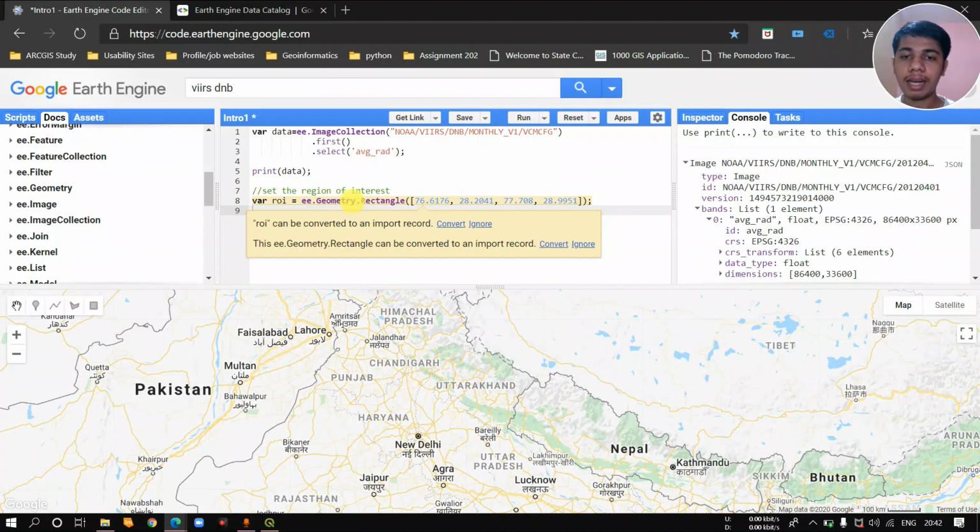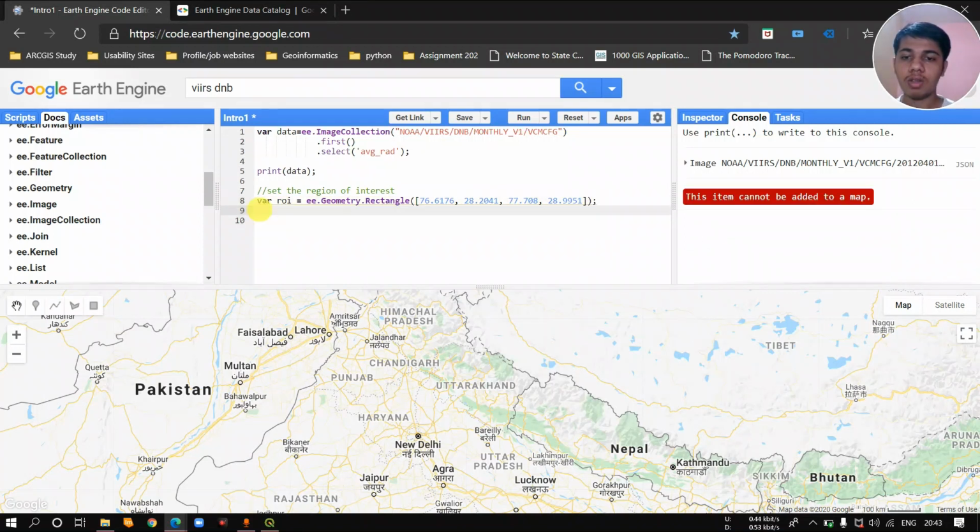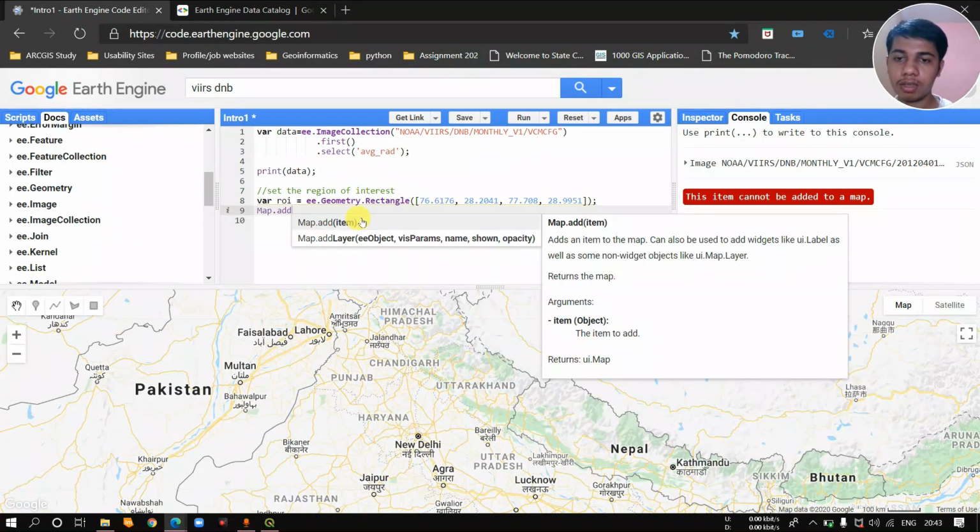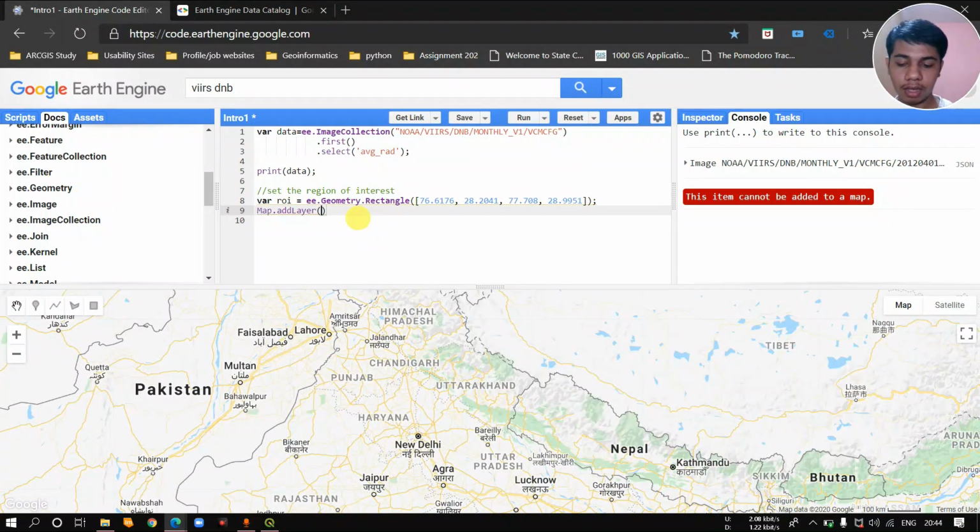So you can write this region of interest in a kind of a list over here, and just give a semicolon. To add this data in your map you can just write map dot add, the suggestion is like add layer, and ROI, and okay, now you can run this.